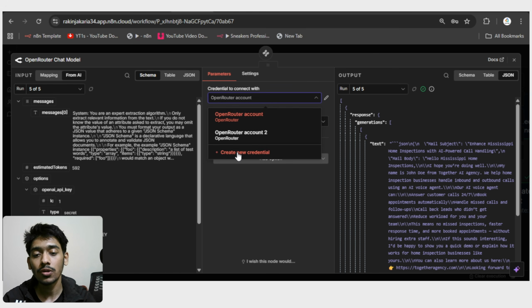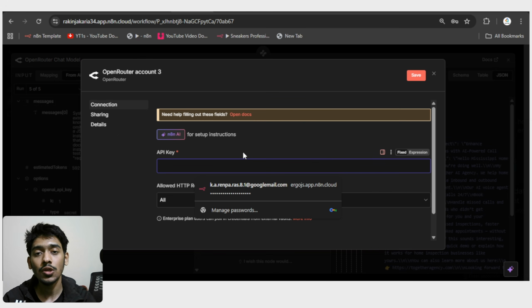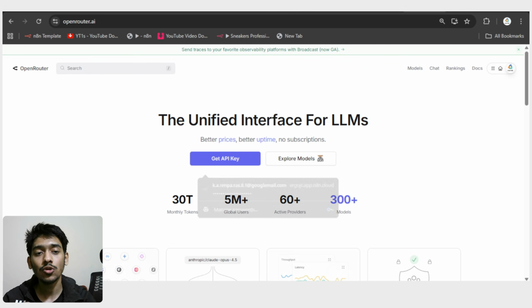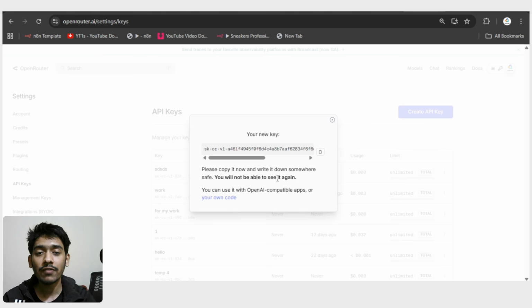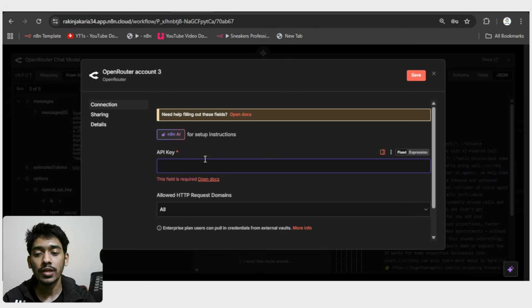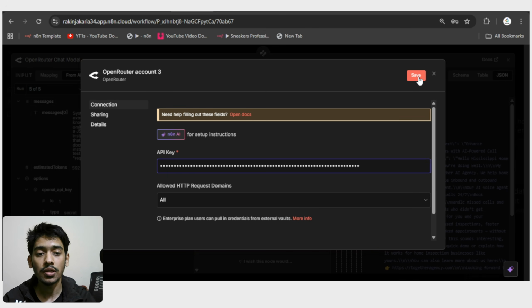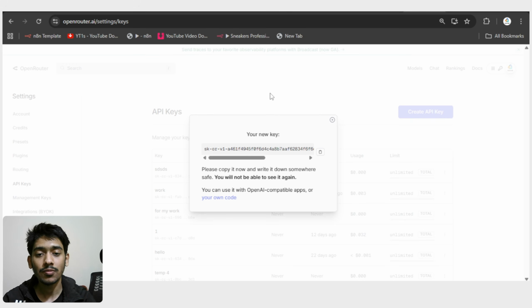Just click here, then go with create new credential. In the place of API key, you have to add the API key of your own Open Router account. For that, come to Open Router, sign up at first, then go with get API key, and after that just create API key. You can give any name you want, and after that just go with create, and after creating the API key, just copy the API key and then go back to here, and then in the place of API just paste the API key, then go with save,